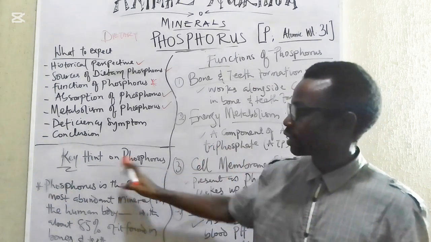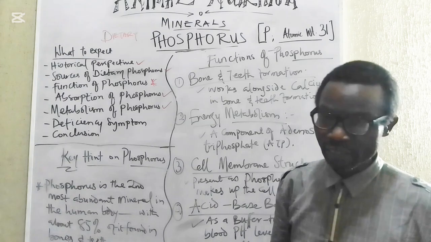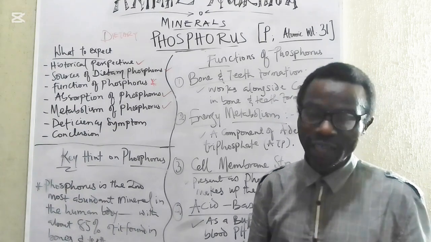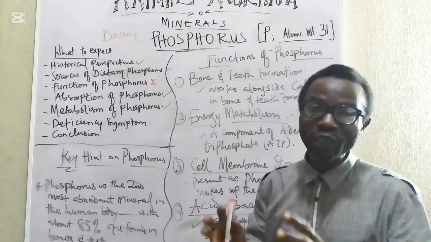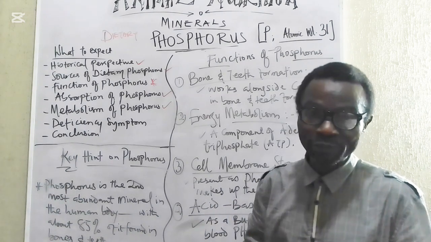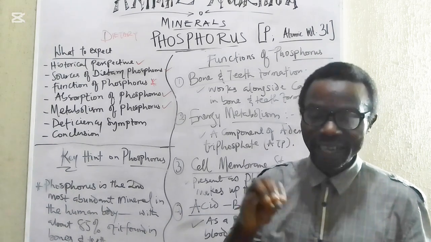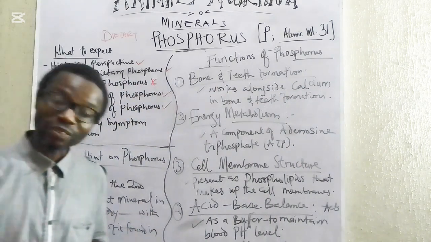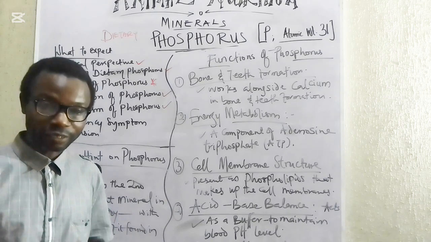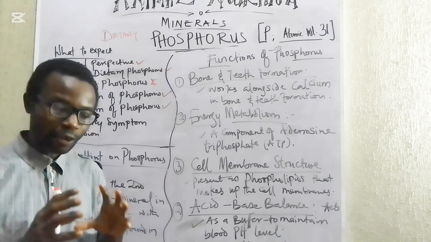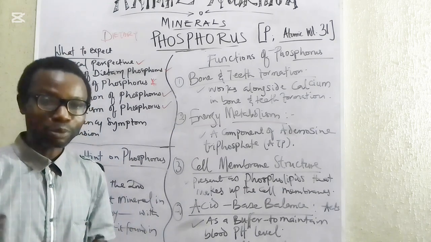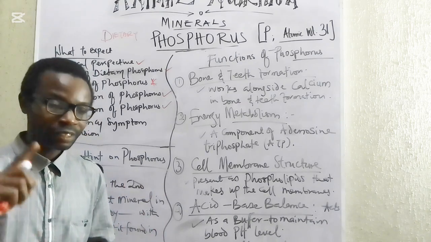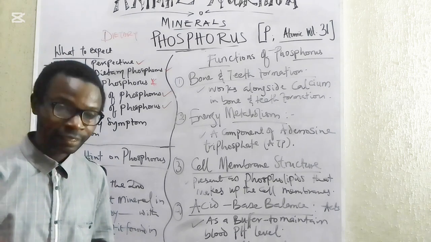Now, looking at the key hints before we look at the functions particularly, like I said in passing, phosphorus is the second most abundant mineral in the body, and about 85% of the total phosphorus in the body occurs in two places: the bone and the teeth. I want to go back to this so we don't confuse it. Phosphorus is second in abundance in mineral after calcium. Of the total phosphorus in the body of humans particularly, and about the same range in livestock like poultry, birds, cattle, sheep, goats, swine,